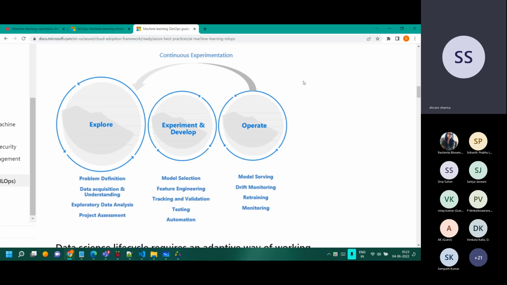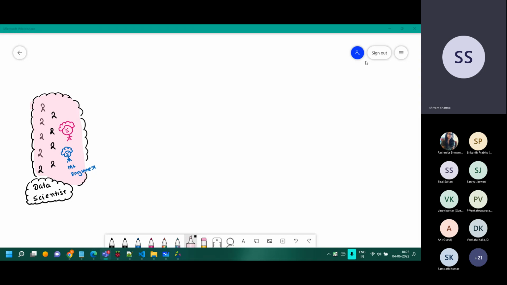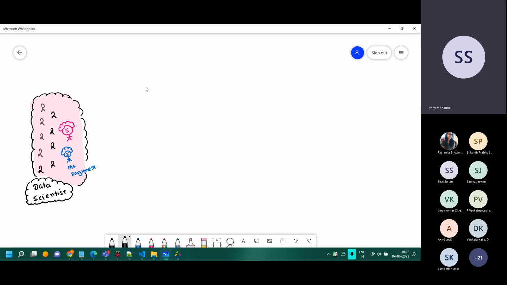Now, I'll just minimize this. We'll use the documentation whenever required. So if I bring you back to the problem statement which we have right now, to be able to practically work, we will need one repository, or we have to set up one repository.